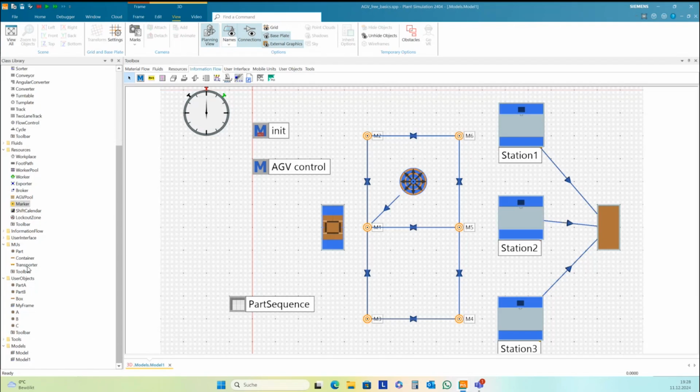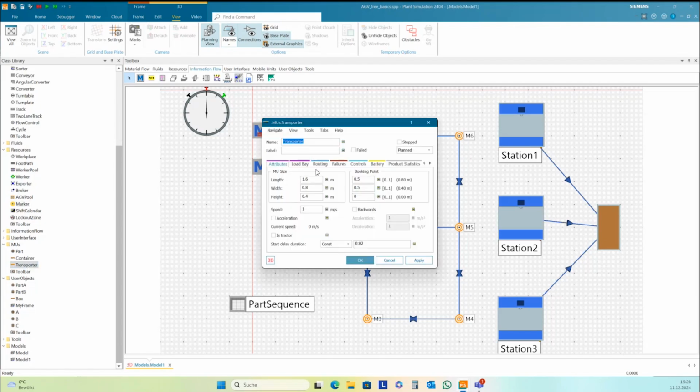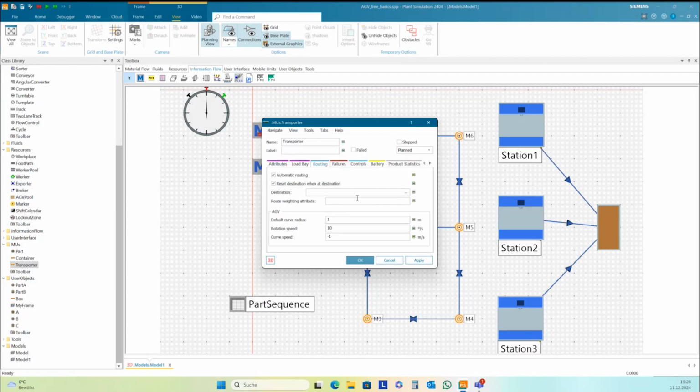You can have a look in the transporter here. Go to tab routing, and by default, automatic routing is activated. And to use automatic routing here in Plan Simulation for transporters, we have to set the destination. We don't set a route, we set the destination, and then Plan Simulation will look for the shortest path.